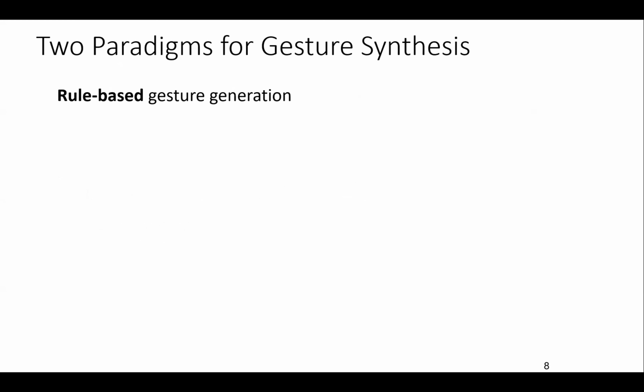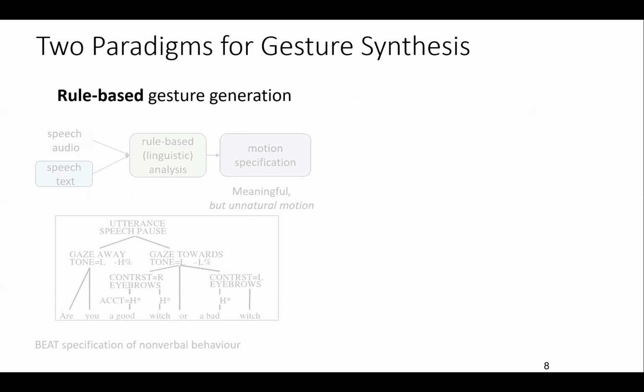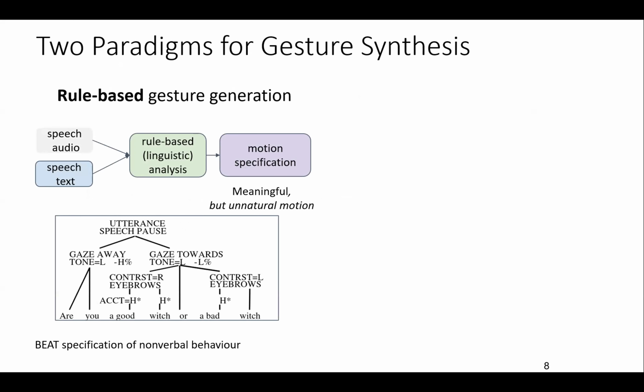There's been two general paradigms in trying to do this, and this is work that goes back 35 years now. The early work was based on rule-based generation, and the idea here was that you would take some form of input. It was generally text, but could be audio, but most of the early systems were based on text, and then you pass it through some rule system. So you do some analysis of the input language, you have parts of speech, you can tag different words, and then you build rules that will map that to particular behavior, and then you output a list of behaviors that you want your character to do, and then you generate animation off of that.